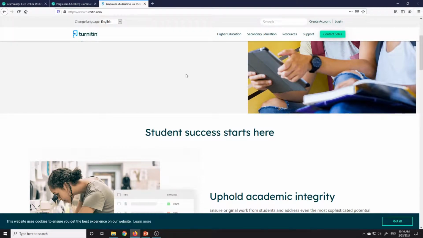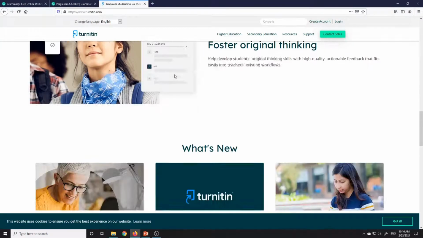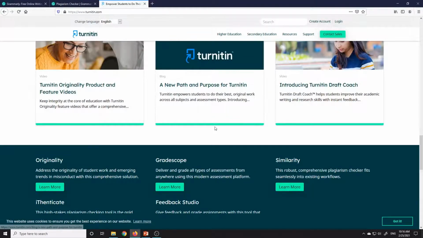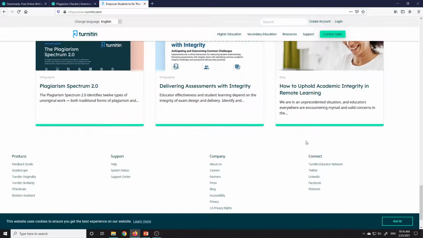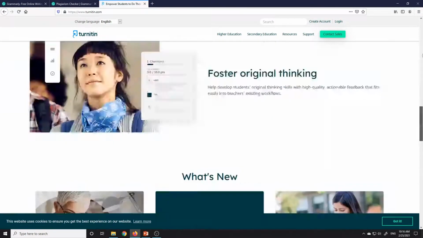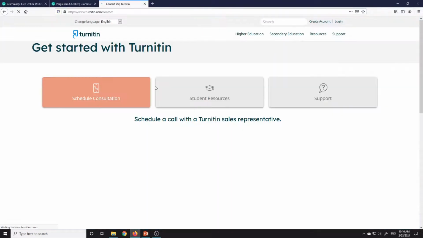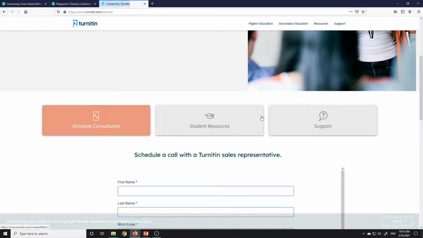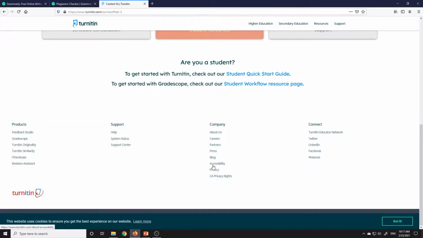in my view, Turnitin is one of the best plagiarism checker tools. If you don't have it, you can ask your institute. It is very much required. If your institute has it, let's see, contact sales, student resources. You can just go through it and you will find